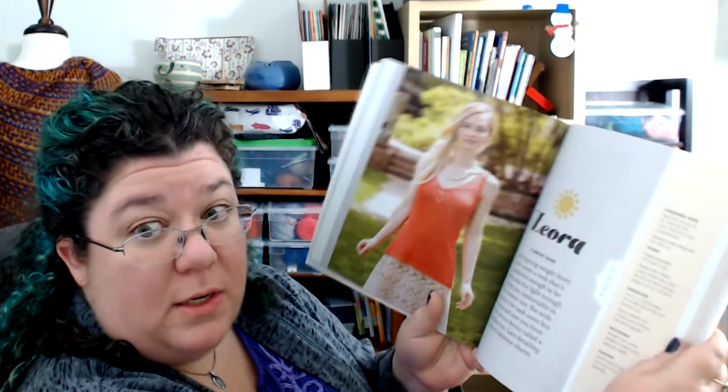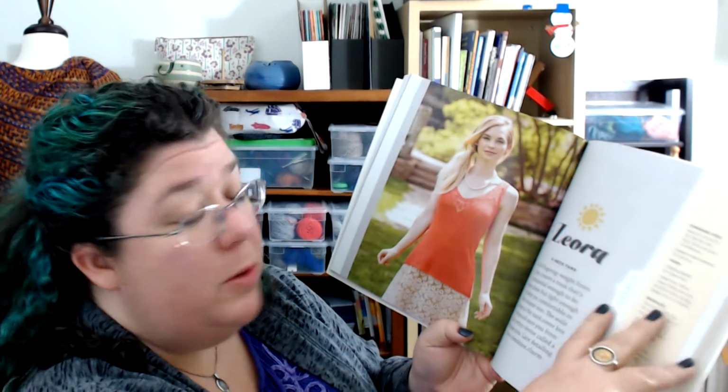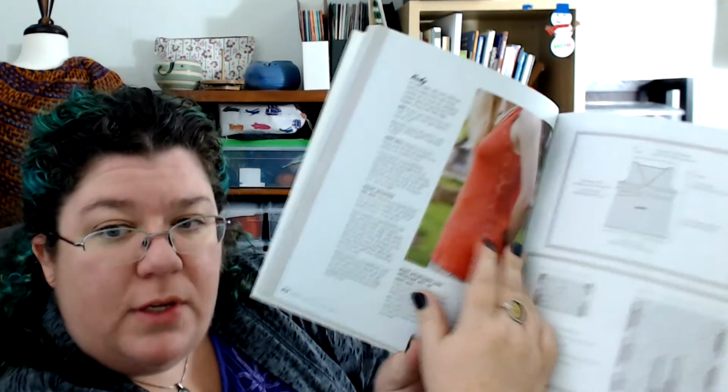Love the little tank with just the tiny details of lace on the top and the bottom. This is the cover piece, and it is probably my favorite piece. I understand why they put it on the cover. And this is beautiful, and it's what you see on the cover, but it's not my favorite part. What I love is this